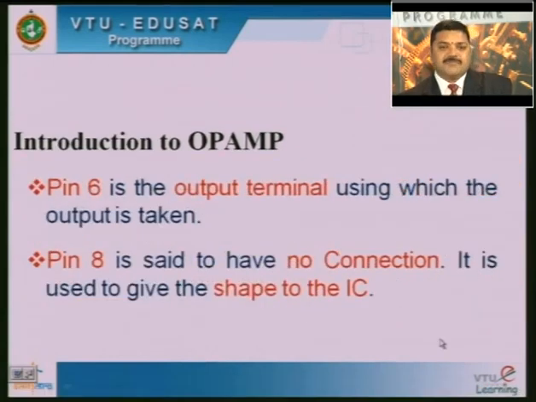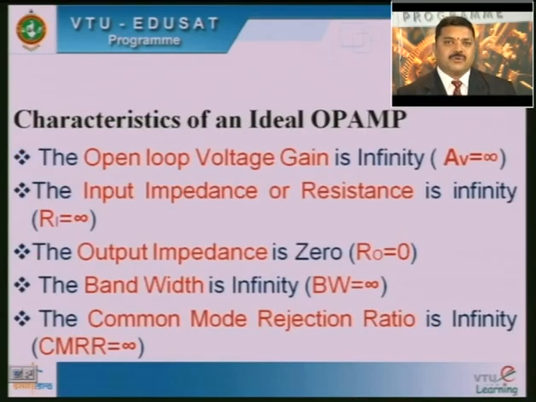Next, pin number 6 is the output terminal, using which the output is taken for any circuit. And as I told you, pin number 8 is said to have no connection. It is used to give a definite shape to the IC. So, before going to the characteristics of an ideal op amp,